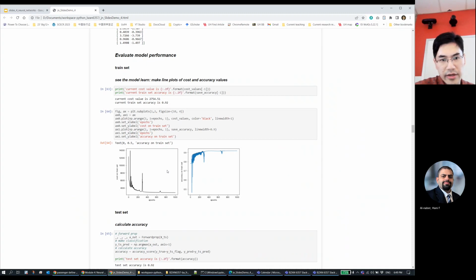degrade it significantly. So the solution to solve this is to use mini-batch gradient descent, where you chop the entire data set into hundreds of smaller sets, and then do the gradient descent on each of the sets and update weights hundreds of times within each epoch. That's the basic idea of mini-batch